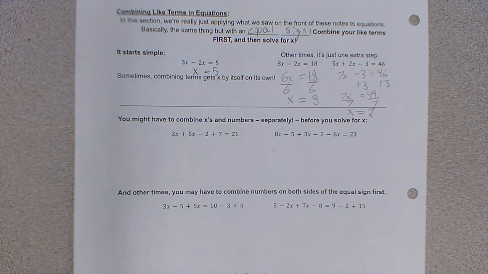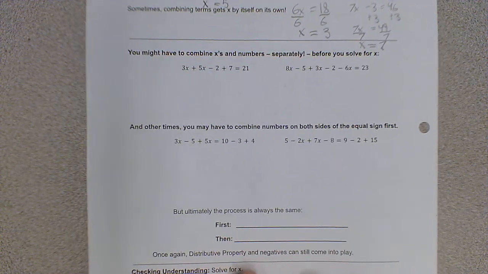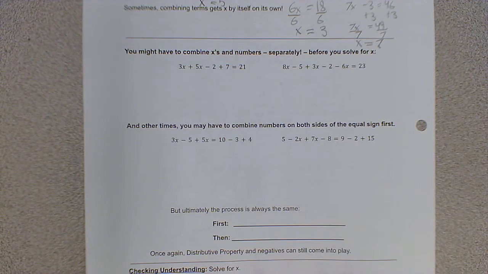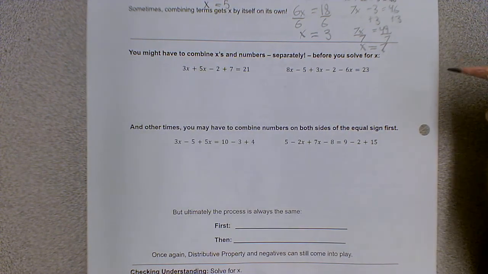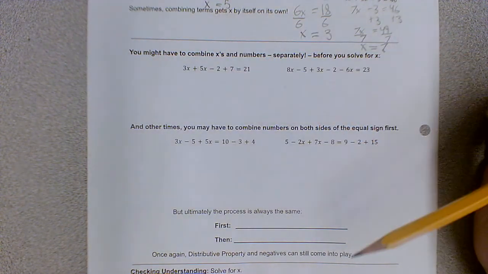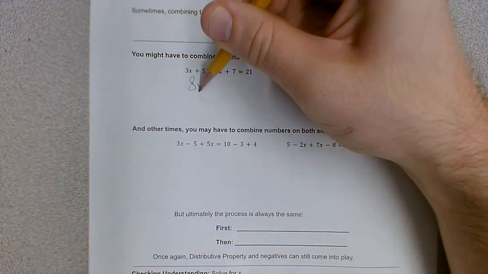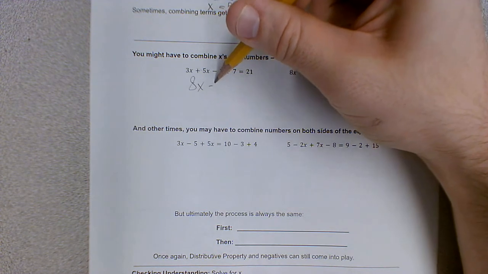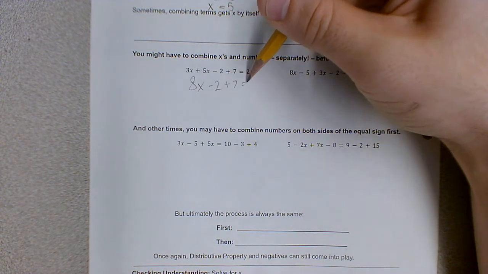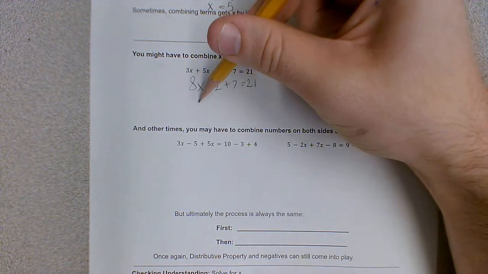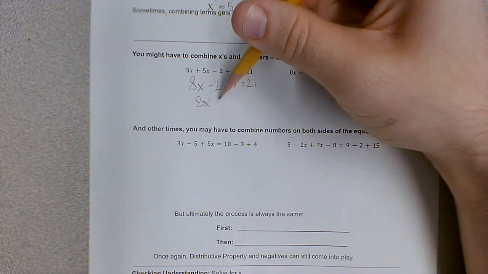Okay. You might also have to combine numbers and x's separately, of course, before you solve for x. I'm going to do the question on the left. I'm going to leave you to do the question on the right. So, just like before, we're going to combine our like terms, we're going to combine our x's, and we're going to combine our numbers. 3x plus 5x is 8x. And then I bring everything else down. Negative 2 plus 7 is going to give me 5. So I have 8x plus 5